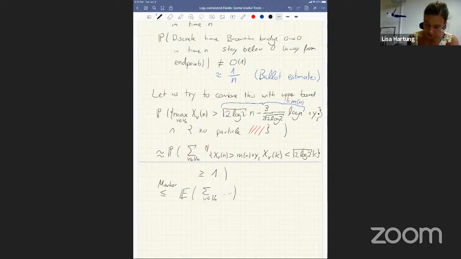But now I can also say, well, again, this object only depends on one path. So this is nothing but 2 to the n times the probability that X_v of n is larger than m_n plus y,